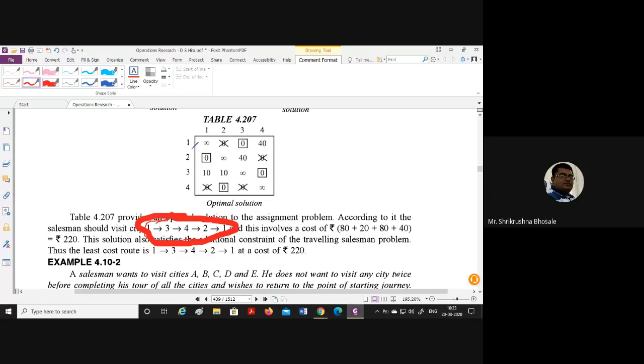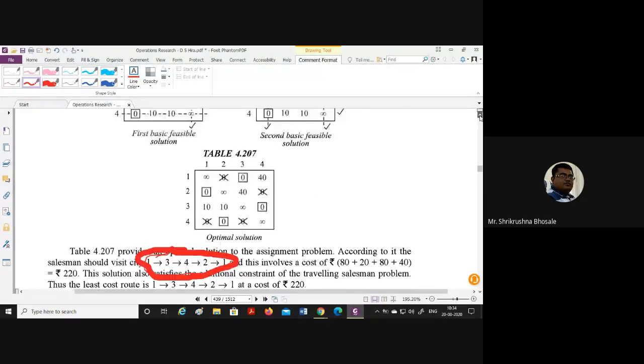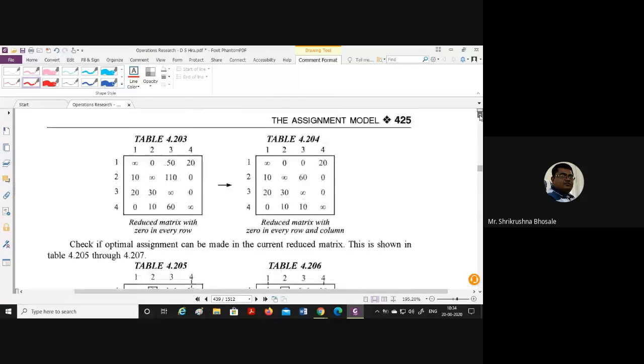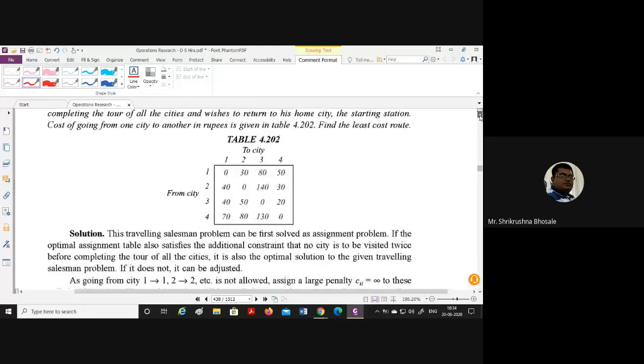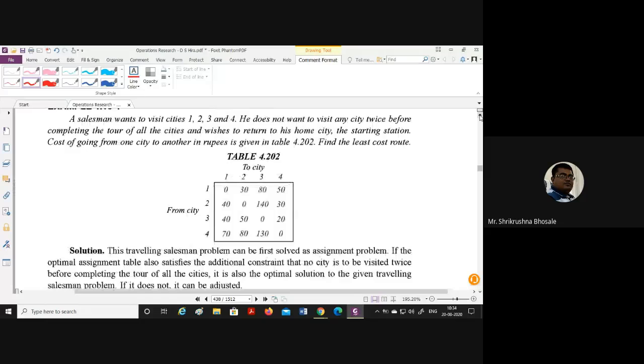So in that particular problem, there is no connection between any two allocations. But in the traveling salesman problem, we have to keep the connection between all the allocations. Okay, how has that connection been made in all allocations? We'll take this problem once more. I will explain how this problem works.